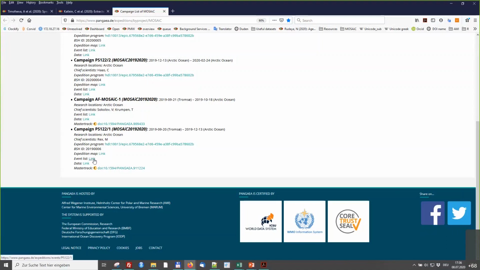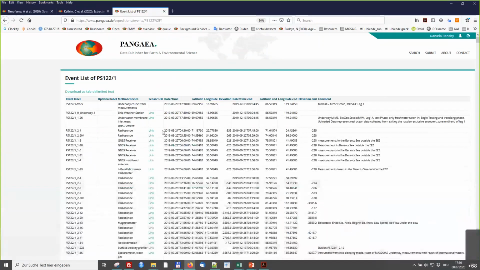And from this list of legs, you can, for each leg, click on the events list. So this originally, as I explained, comes from the DShip, and doesn't contain the individual actions, but contains the sensor web sensor link, which provides additional metadata. And this link will appear in datasets under event description, the metadata header.